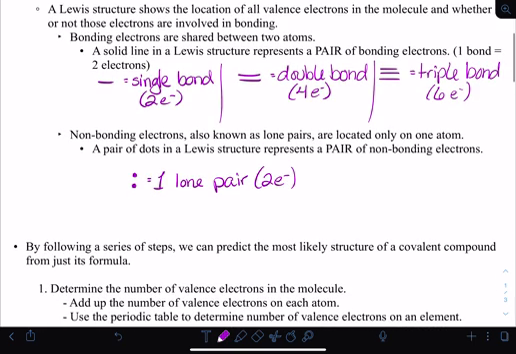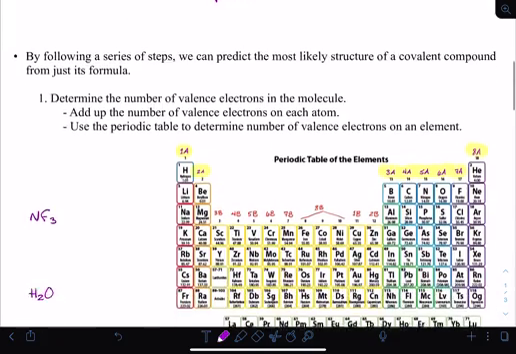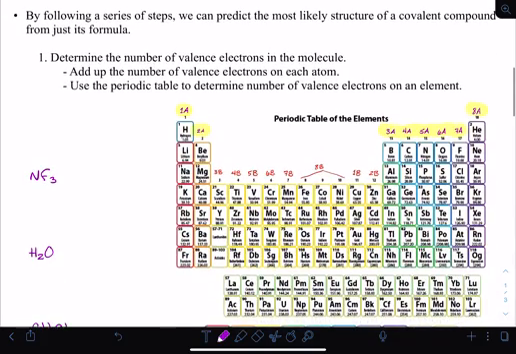To actually figure out the whole structure, we're going to follow a series of steps that will allow us to predict what a molecule looks like based on just its formula. The first thing we need to do is determine the number of valence electrons in the molecule. We can do that just by adding up the number of valence electrons on all of our atoms, and we can figure out how many valence electrons are in an atom by the periodic table and what group